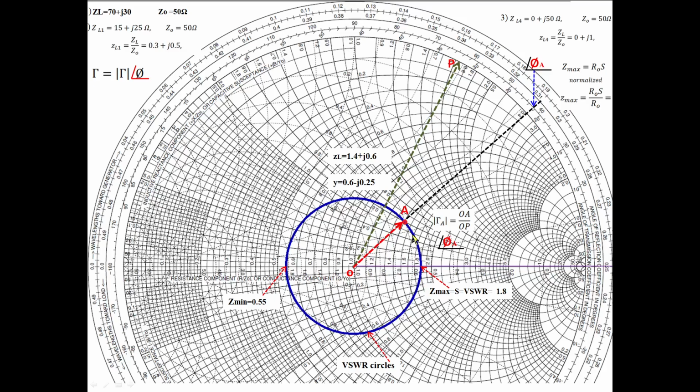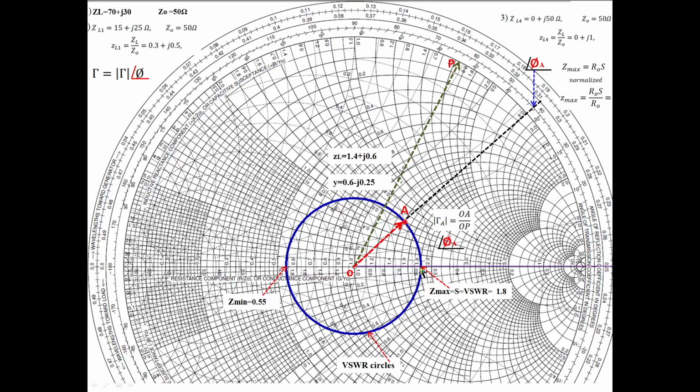Whenever you come across this VSWR circle intersecting the horizontal line at the right side, this part, not this part, this side, right side, you stop. This is the point. Here the VSWR circle is intersecting this horizontal line on the right side. You stop here. Okay, you read the resistance value here, or impedance value.